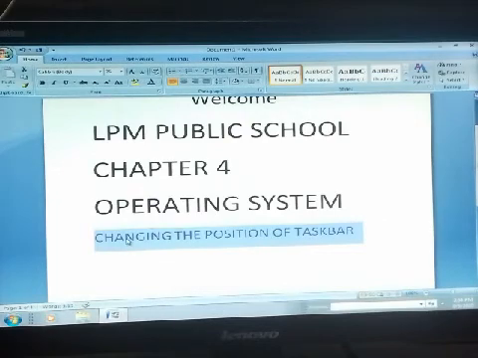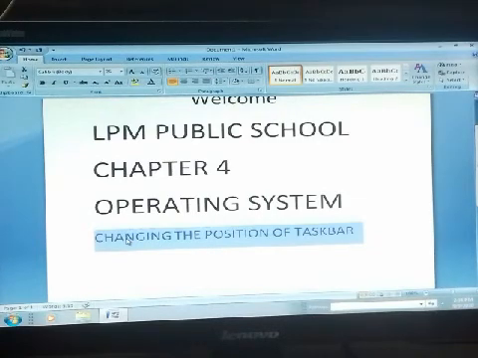Dear students, as you all know, by default the taskbar is present at the bottom of the desktop, but you can change its position to any of four sides of the screen: bottom, left, right and top.